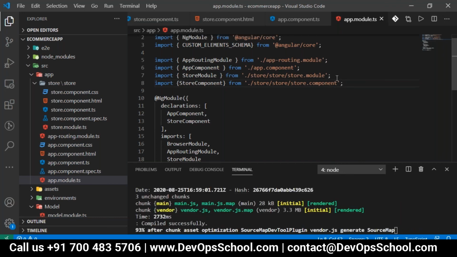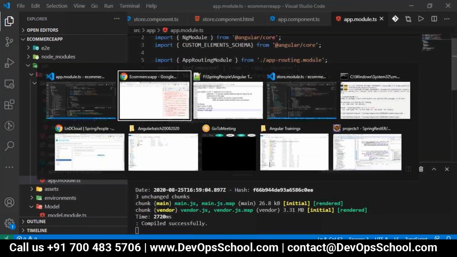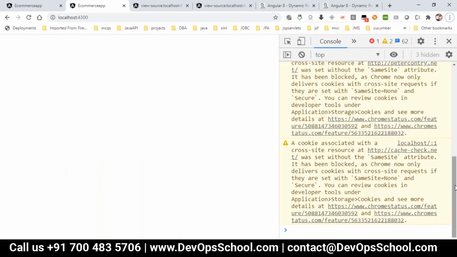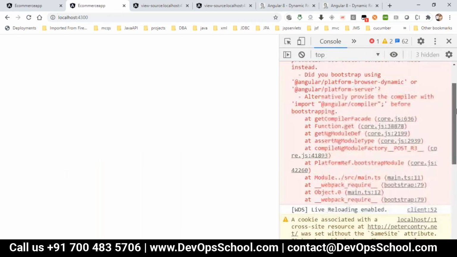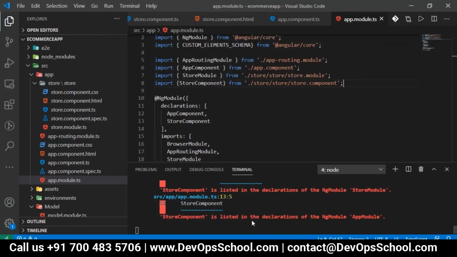It should give some error because the same component can't be registered in multiple places. Yes, it is now giving an error: caught error, JIT Angular compiler is not loaded. Okay, store component is listed in the declaration of app module and store module. Now the error is coming. Let me remove this.